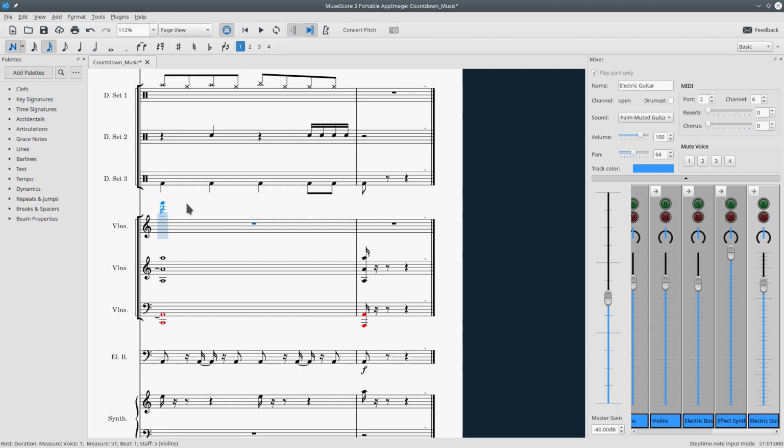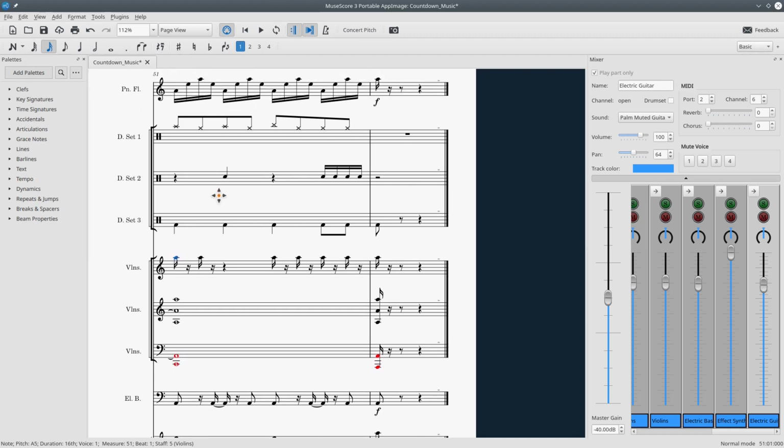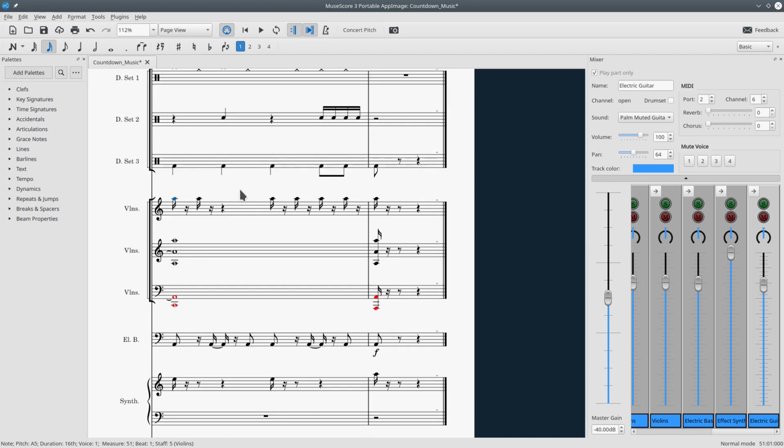I just have to make the violins the last couple of notes. Okay, let's listen to it. Okay, that sounds very good. I just have to do some small things to the score, such as tempo setting, adding dynamics, lines and text. After I've done all these changes, I partially show the score and we can listen to the music.